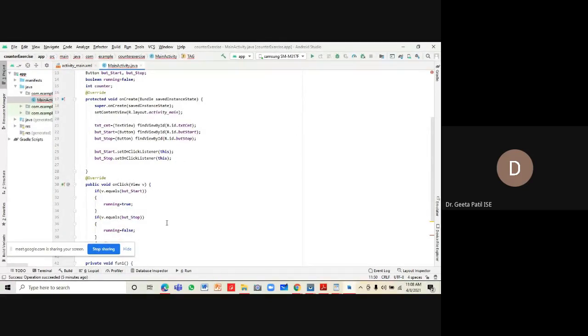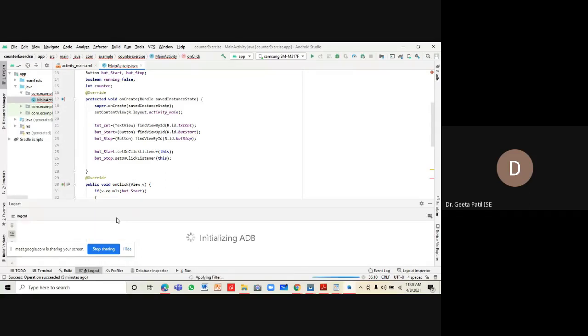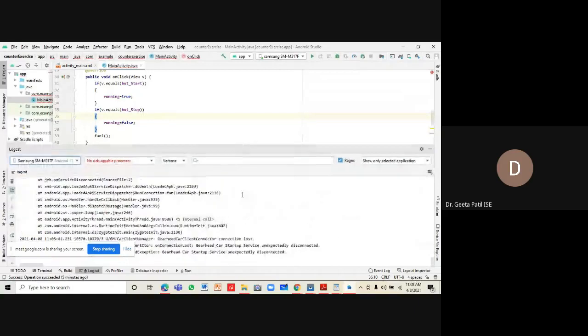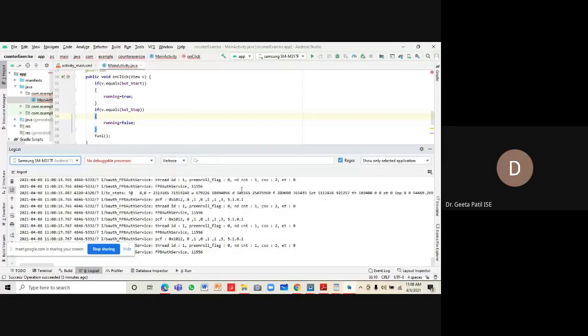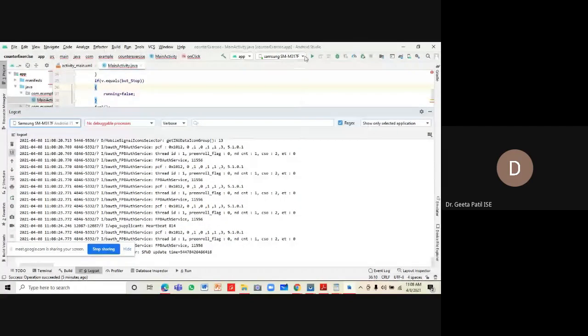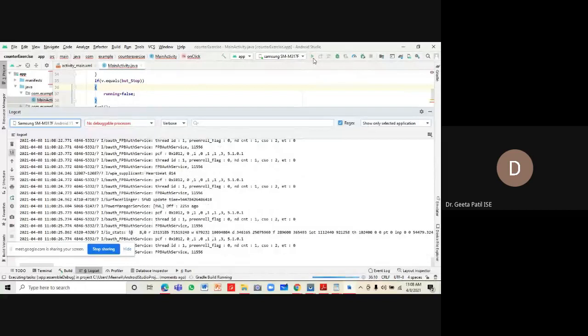And to see these messages, you can open your Logcat window. Logcat window is running continuously. It is keeping track of logs happening behind the screen. So let's compile and build this application once again.